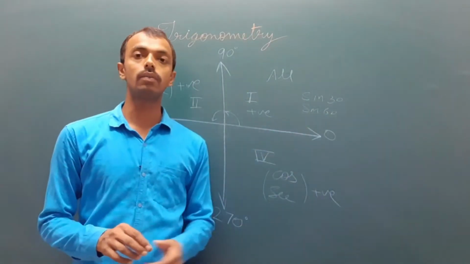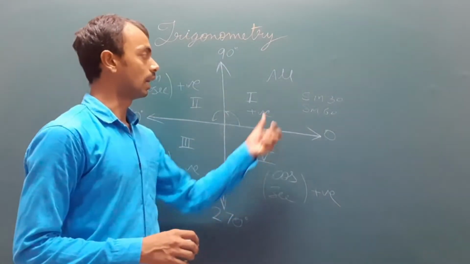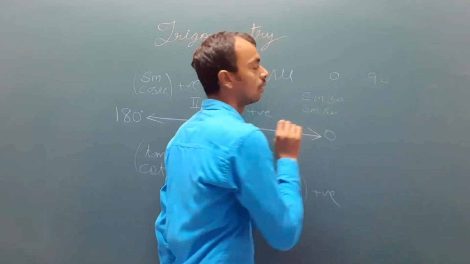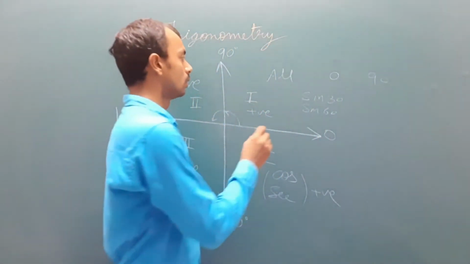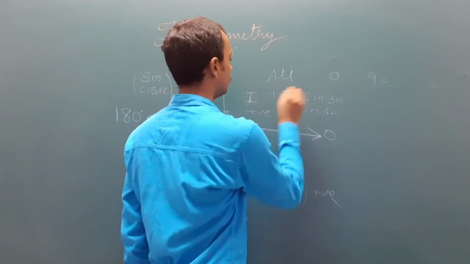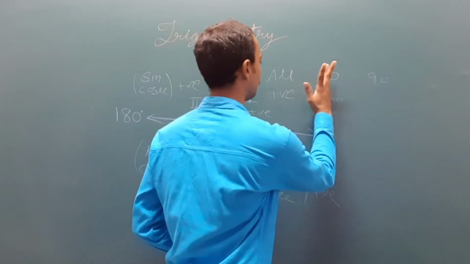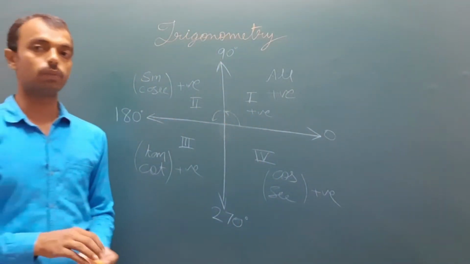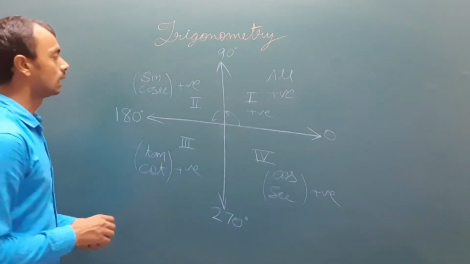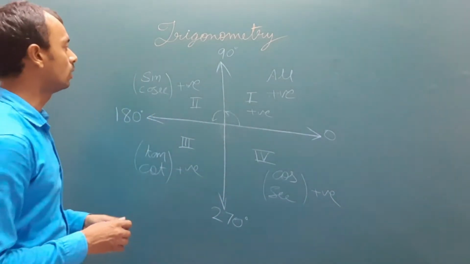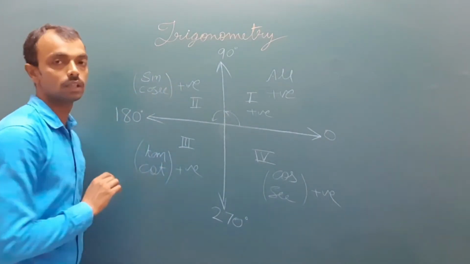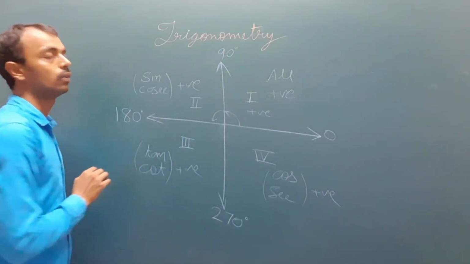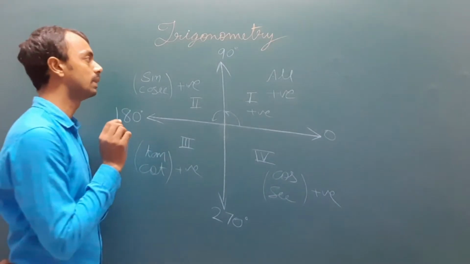Now suppose here I am writing sine of 30, sine of 60, the table of values which I have taught you in the last classes, that was the value of angles between 0 to 90. Okay, all those values were positive. So in the first quadrant all the values are positive. We can say that all the values of trigonometric ratios in the first quadrant are positive. In the second quadrant, for an angle which lies between 90 to 180, only the sine and cosec values will be positive, and all the rest will be negative.